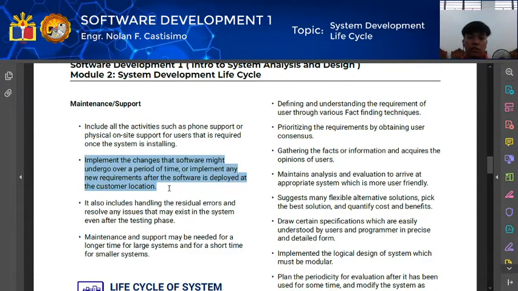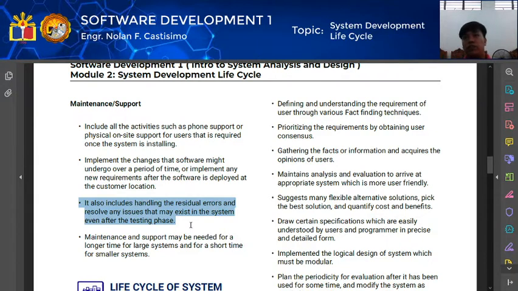So, ibig sabihin yan, maggawa ka ng panibagong rules sa paggamit ng system sa location ng customer. Okay? And next, it also includes handling the residual errors and resolves any issues that may exist in the system even after the testing phase. Ayan. So